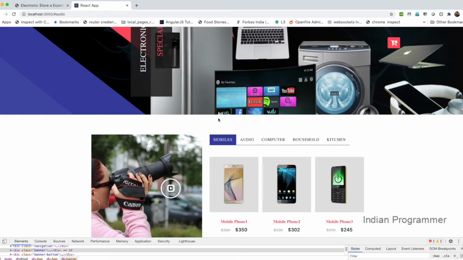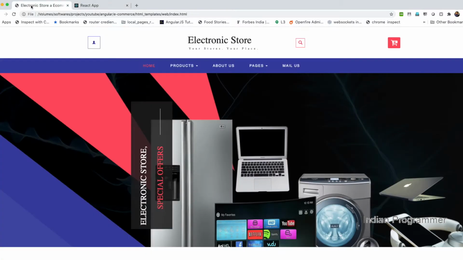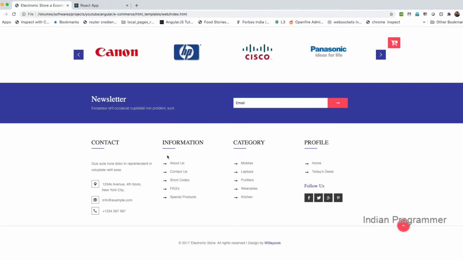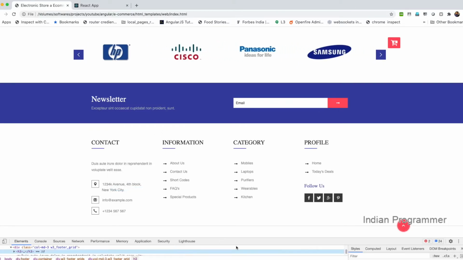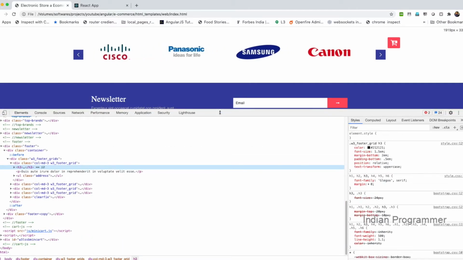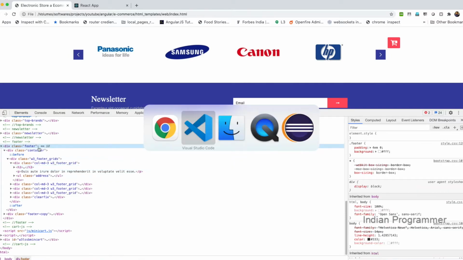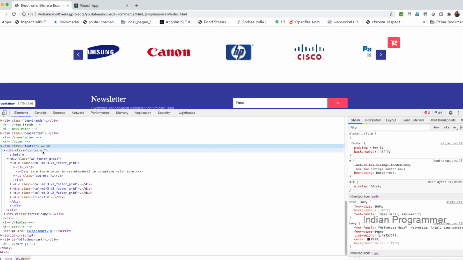Yes, it came properly, right? Everything came, except this footer. Actually, I don't know, maybe some problem in the footer or any images. Any CSS is not loading. Let me see. Footer container. No, I see the same code. Footer container is there.